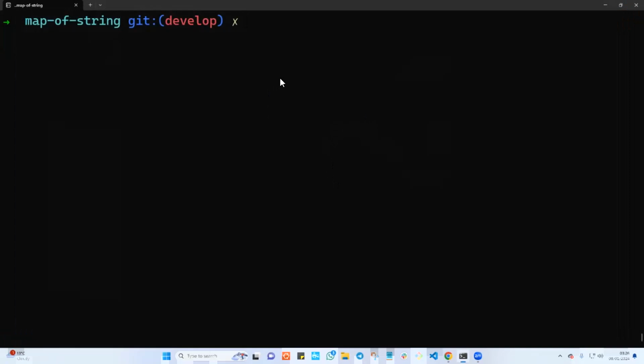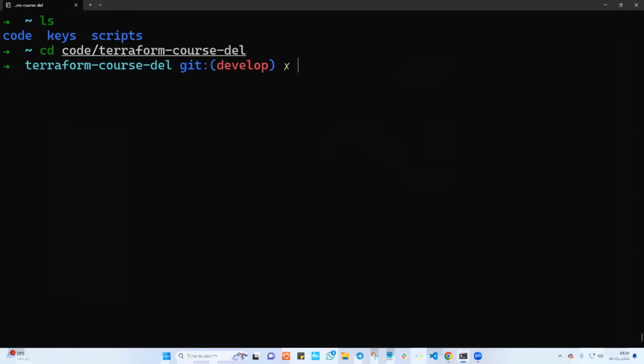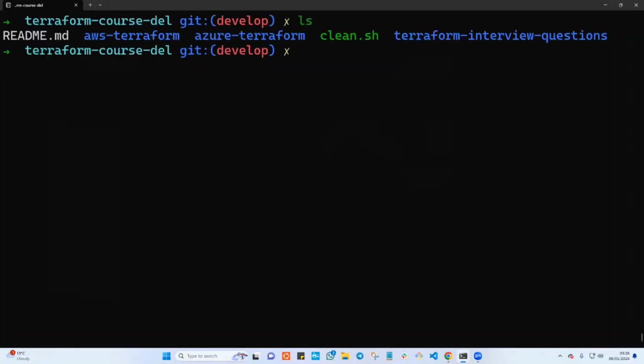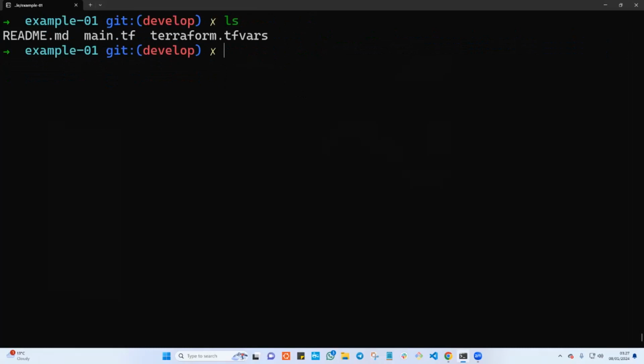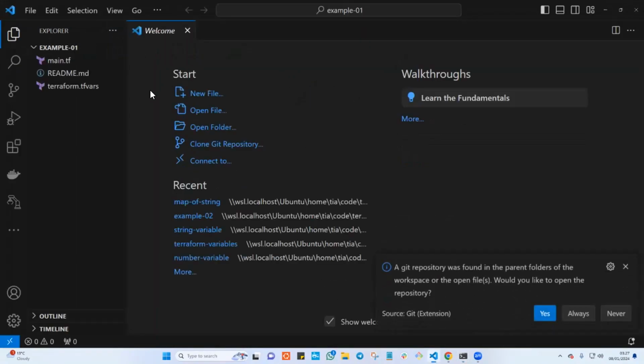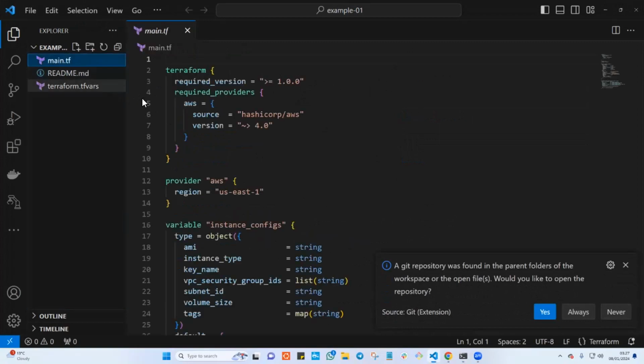I'm going to move to the root of this repository, first of all. And I'm going to go to code here. And I am here at the root of this repository. I am going to cd in this particular location where I have what we're seeing on the browser, and I will type code here to open my VS Code where I am right now. Now, here,